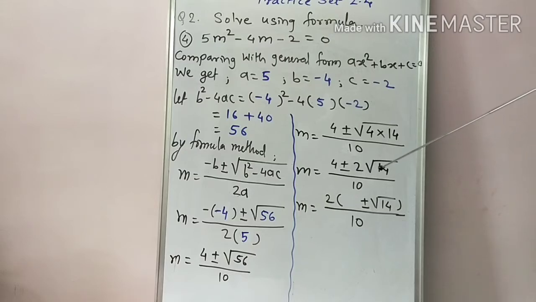Okay, why do we do so? Because here, as you observe in the numerator part, we are getting 2 as a common factor, so we can divide that 10 by this common 2. Okay students, so this is the compulsory part. Do not write the answer up to this point and separate this part, or you will lose your marks.